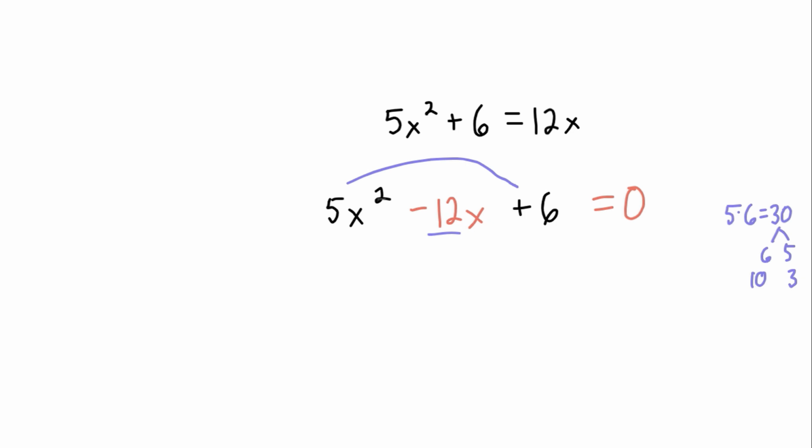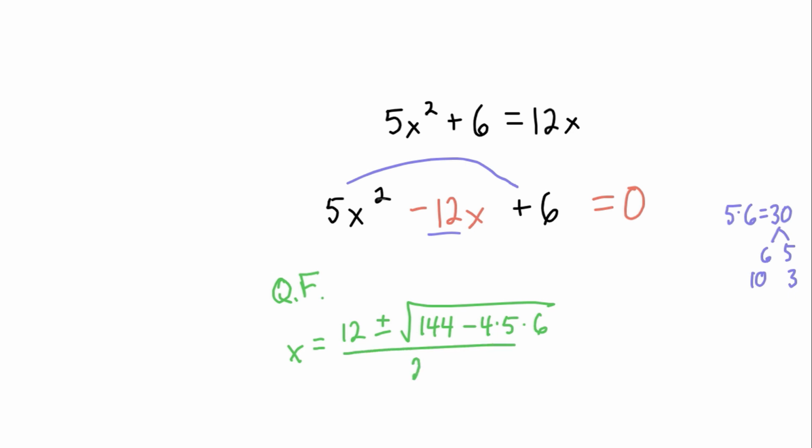So I'm thinking what I need is the quadratic formula, where x is equal to negative b plus or minus the square root of b squared, so 12 squared is 144, minus 4ac all over 2a. And as I'm double checking that 144 times 4